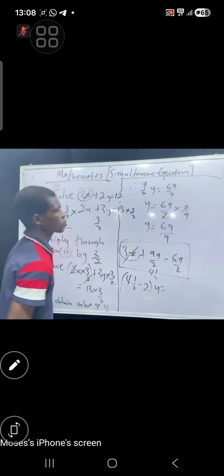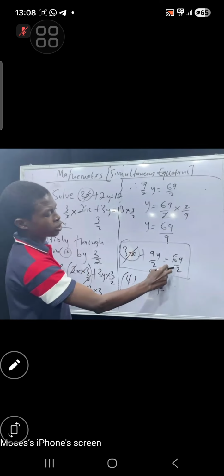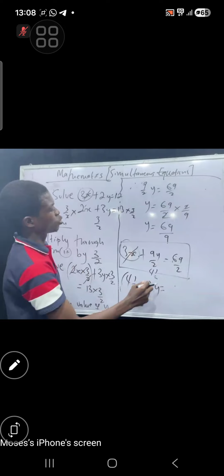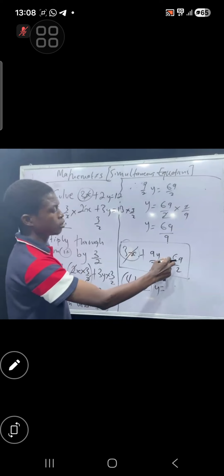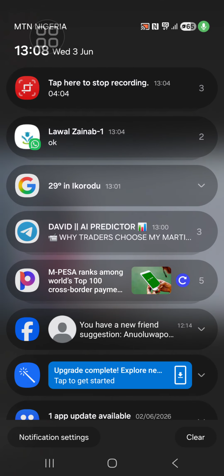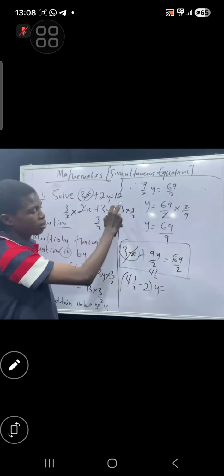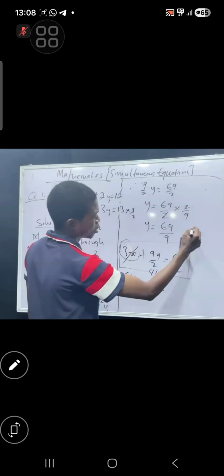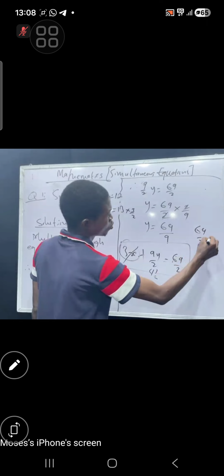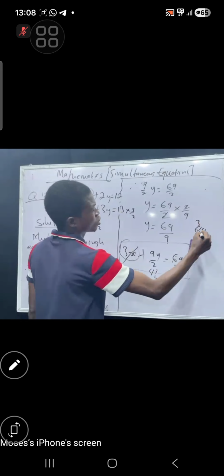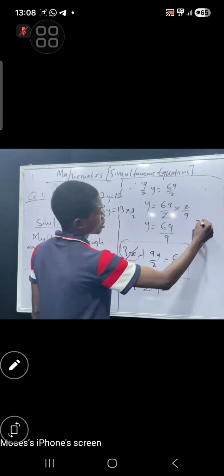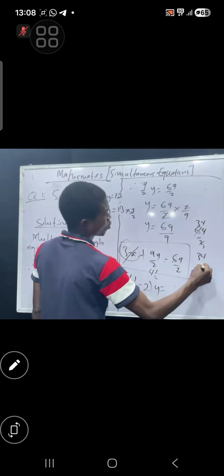Now look at this one, higher. 2 goes in 69, so this one gives us a higher value than this. Now let's calculate 69 over 2. We have 2 here 1, 2 here was 3, 2 in 9, that is 4. That is 34 and